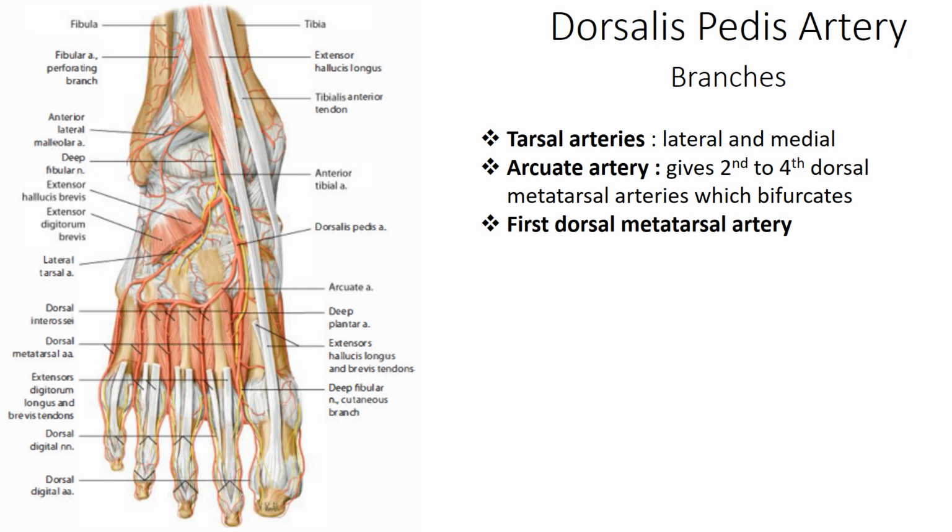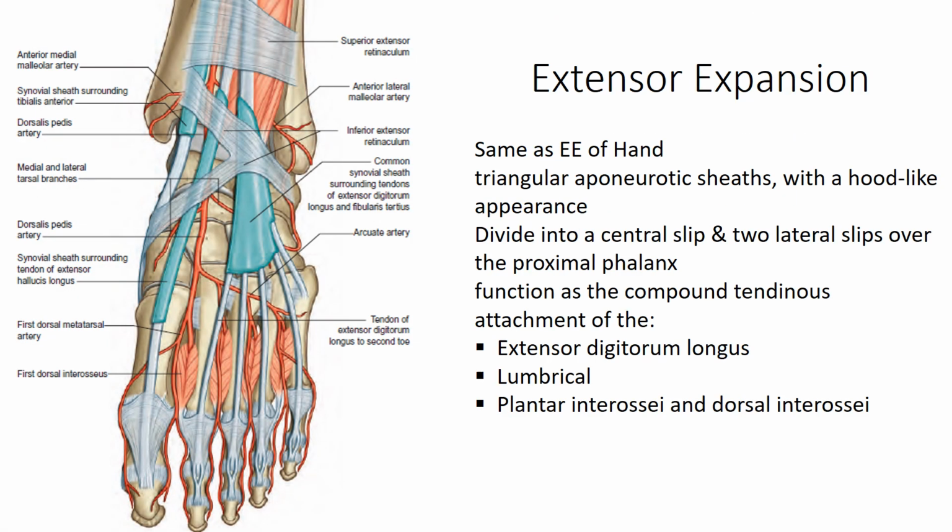Now about this extensor expansion, also known as the dorsal digital expansion or extensor hood, this is the same as the extensor expansion of the hand and the fingers. So those of the toes are similar, only smaller, and it is this triangular aponeurotic sheath with a hood-like appearance, with its base proximal and its apex distal, and it divides into this central slip and